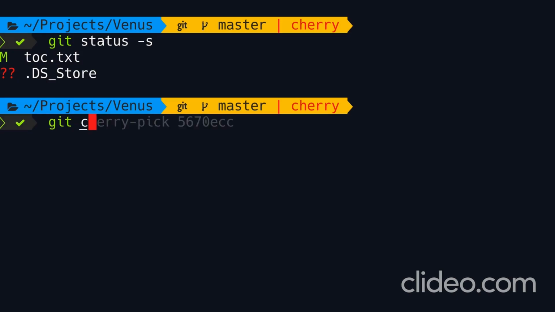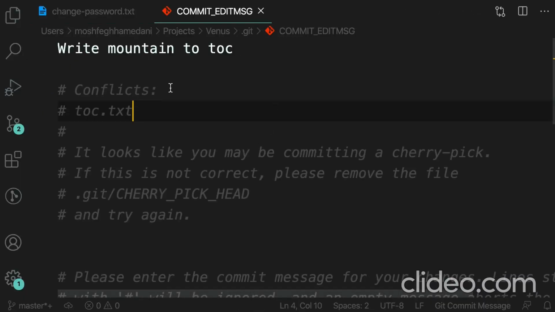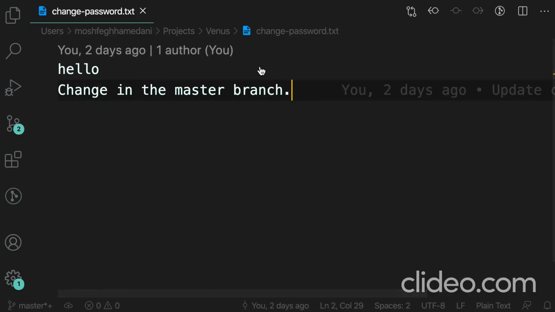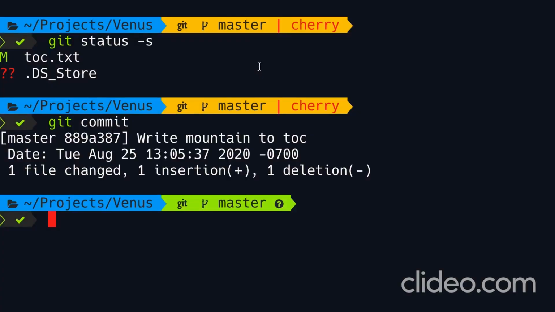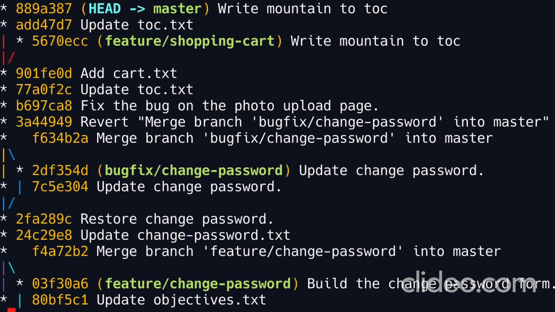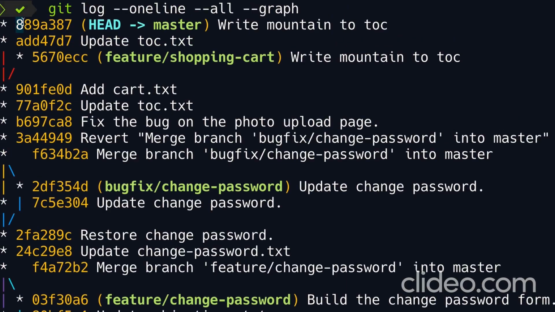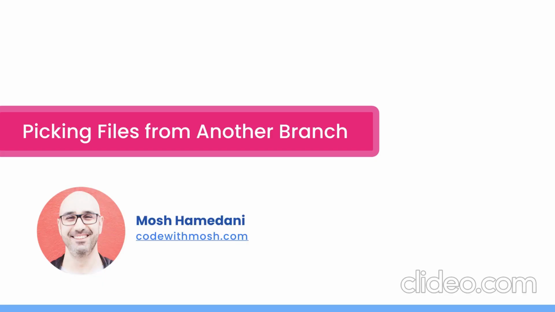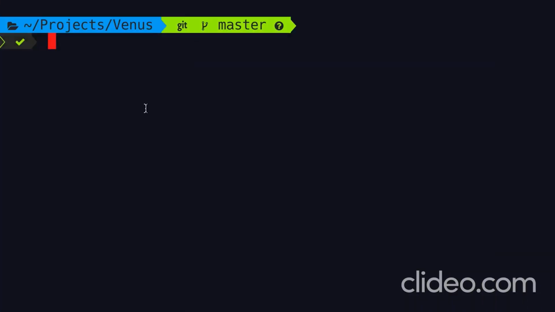So let's make a commit. I'm not going to specify a message. The default message that we have here is based on the commit that we were trying to cherry pick. So we can accept it or change it if necessary. Now, close. Back in the terminal. Let's look at our history one more time. So master has moved forward, and now we have this new commit that we cherry-picked from our feature branch. So you learn how to